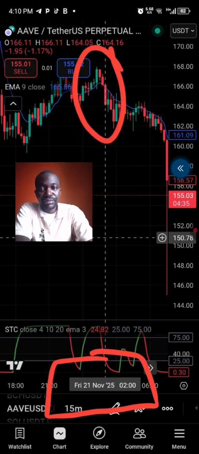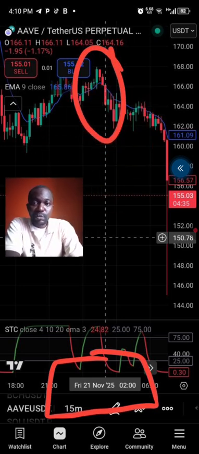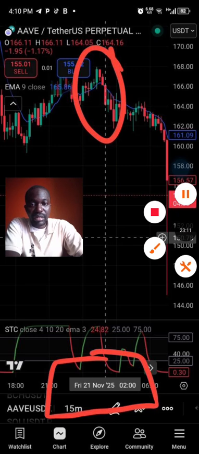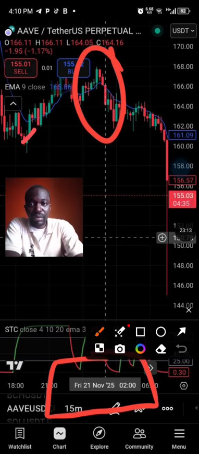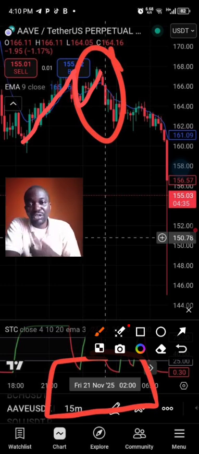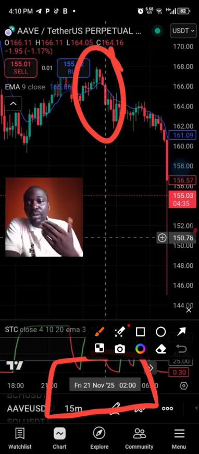Okay, this is AVE. Alright, so AVE was initially coming up. We're going up. We got to this level, we pulled back a bit, we still went up, creating a double top. A double top in prices usually means exhaustion, which means buyers are losing control. So whenever you see a double top or a double bottom, a double top simply means that buyers are losing control and sellers are about to enter aggressively. And a double bottom simply means that sellers are losing control and buyers are about to enter aggressively.